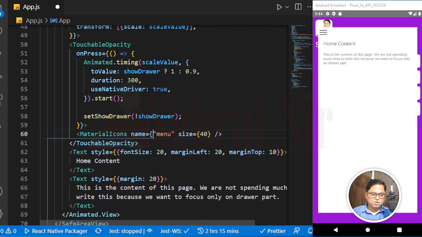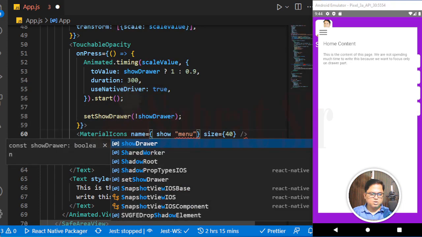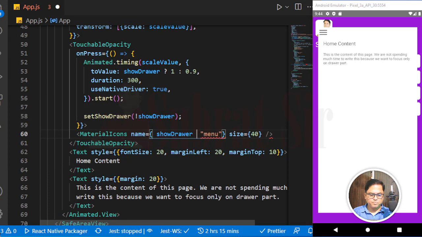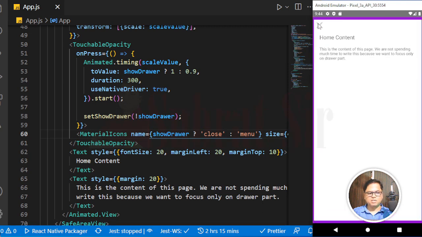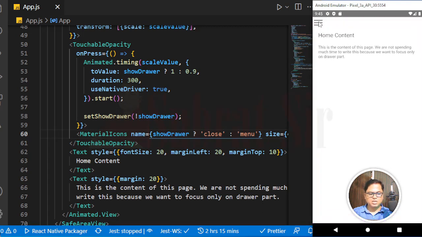So here I will put again a ternary. So if show drawer is true, then I need close button, otherwise I need menu button, right? So now see, close button is showing. When I click on close, menu button will display. Okay, so close, menu,